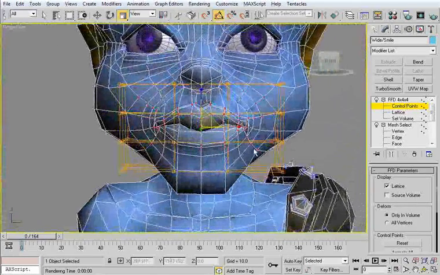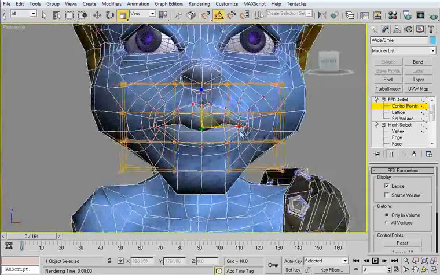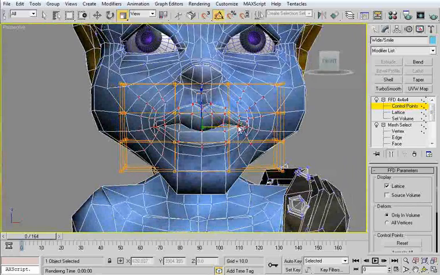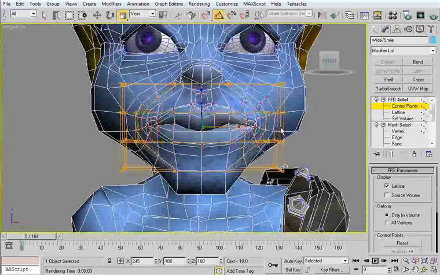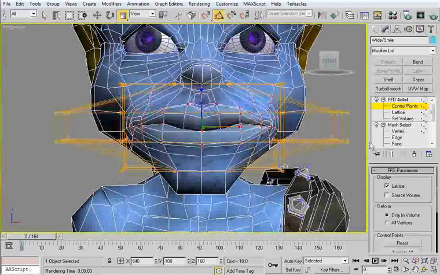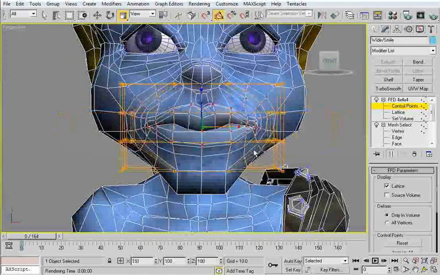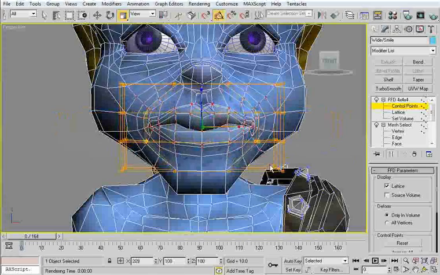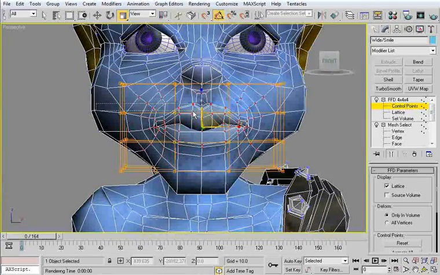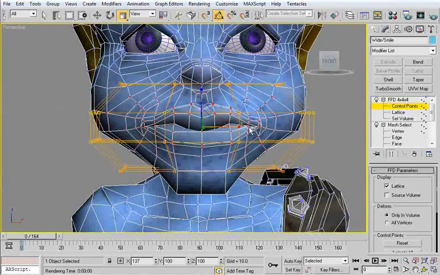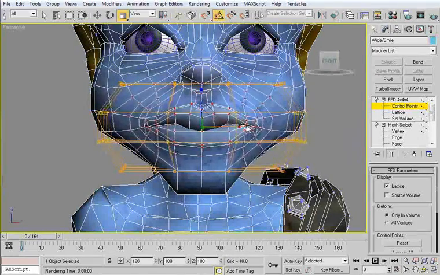So I just select right through the middle, which selects on all of these, and then using the scale tool, I'm going to scale out just on the X. I can see that it's pushing out these vertices. Okay, so I can squeeze them in and push them out a little bit. And I'm actually looking at that. I'm going to try doing all of the middle row. Okay, so, and all I'm looking at,